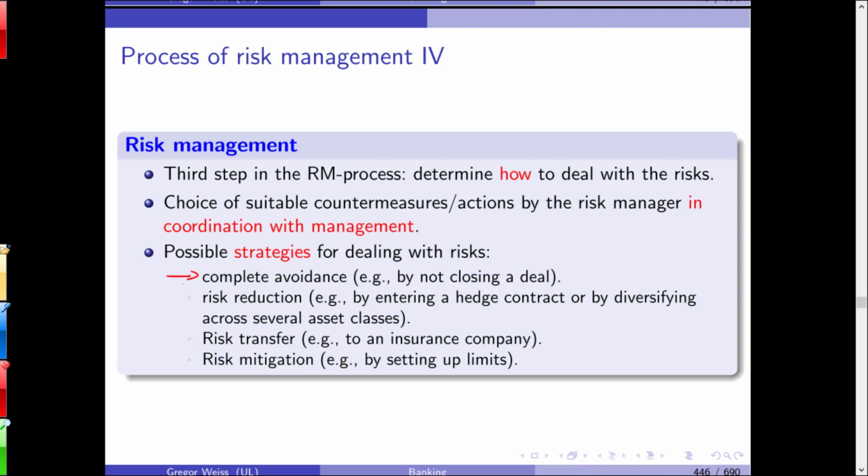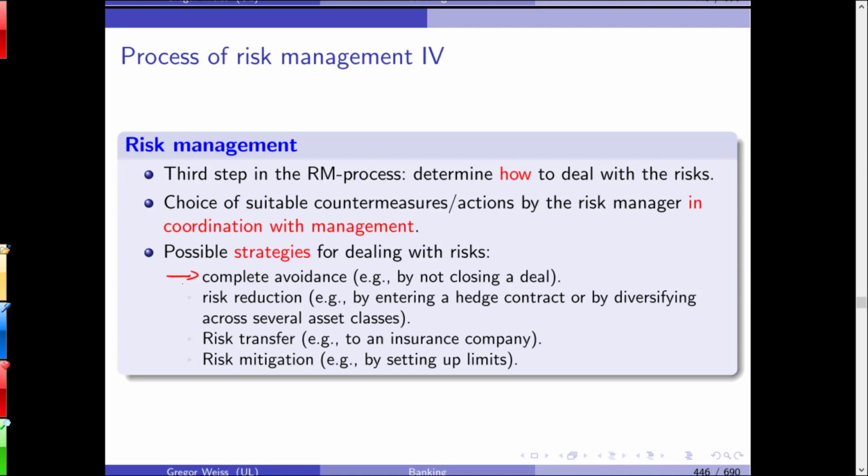They do not enter derivatives contracts, not because they are risky, but because regulation is so tough on them that they just say the benefits of using derivatives, for example in risk management, are completely offset by the regulatory costs. They need to fill out so many forms with regulatory and supervisory agencies. They just say, no, let's not do this. Let's avoid this hassle.